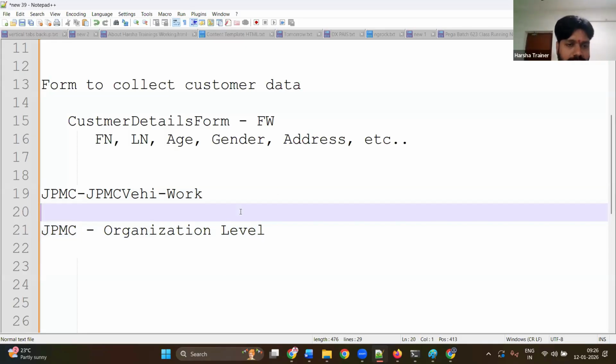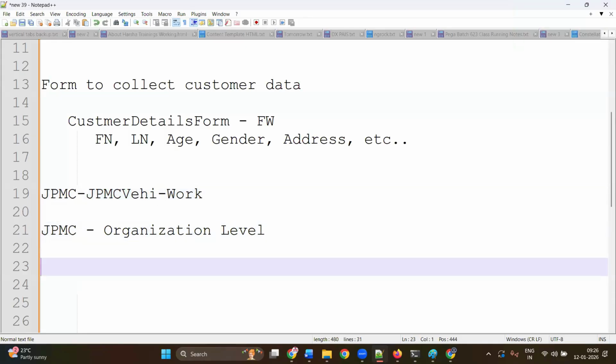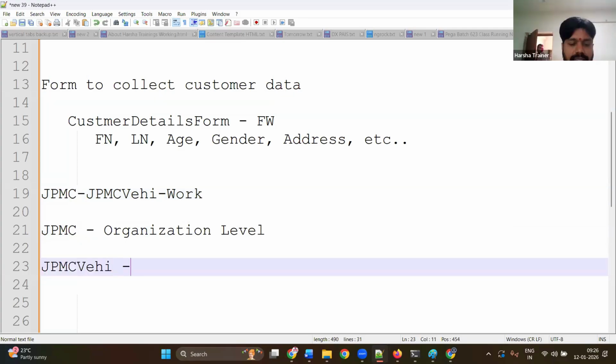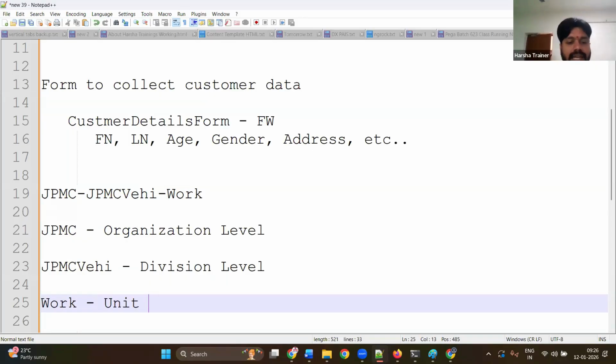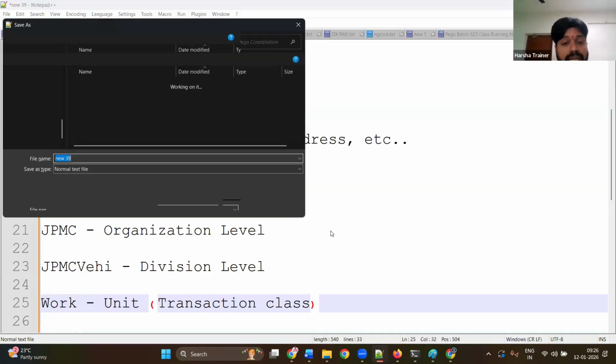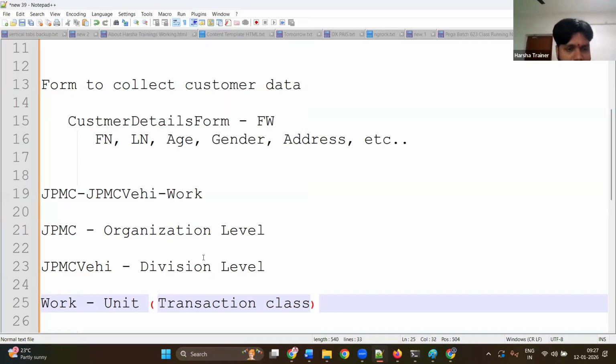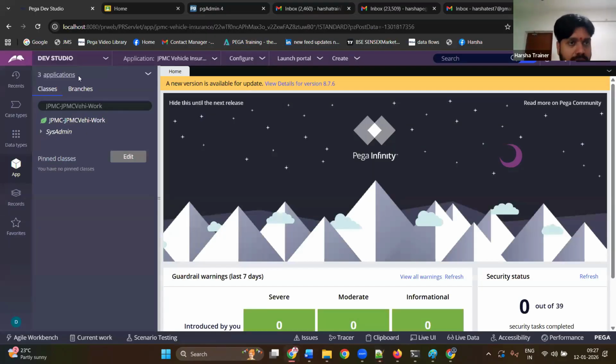What is the second one? JPMC vehicle. I think this is a division level class, just for your information. What is the third one? Work. Work means transaction, unit, correct? This is the place where you can initiate the transaction. Generally, I'm telling you in comparison, when you log into your application, come to Dev Studio, go to App Explorer, you see 3 classes are loading.